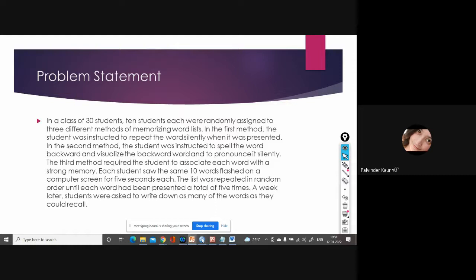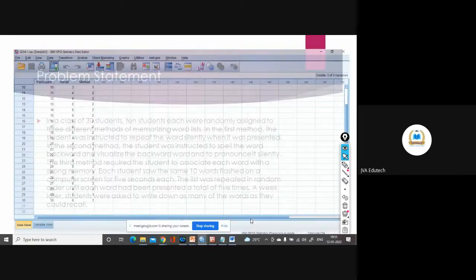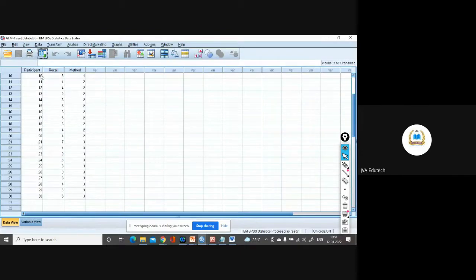Okay. We will do this on a sample data set also, but first let's do it here. So these are the 30 participants, 3 groups, given 3 different methods of memorizing, and then their recall was scored, how many words they could recall. And we want to see whether different methods of memorizing words have any effect on recall or not.